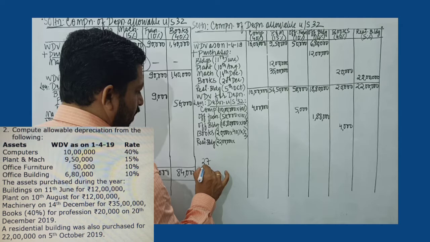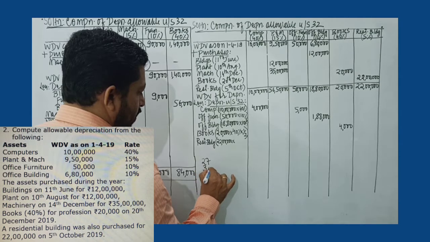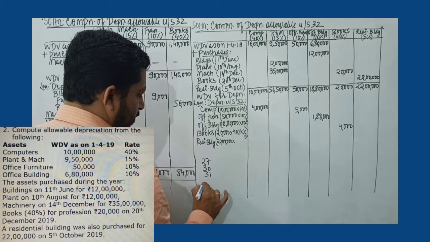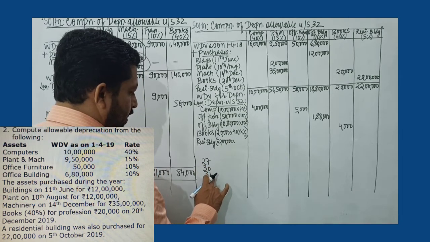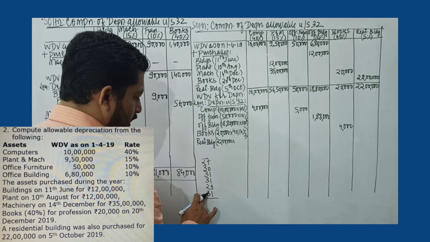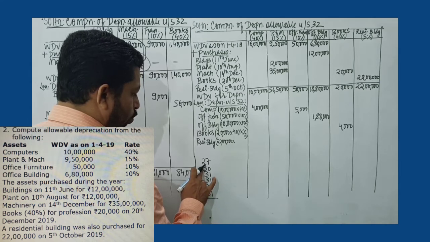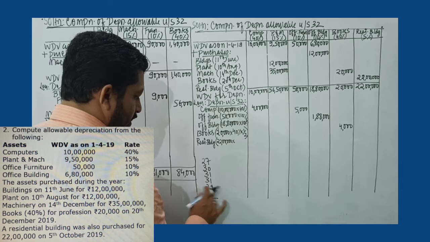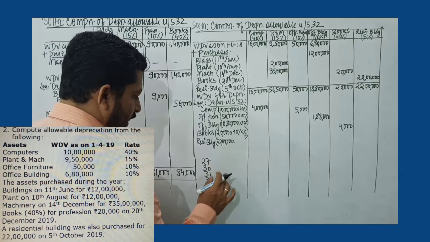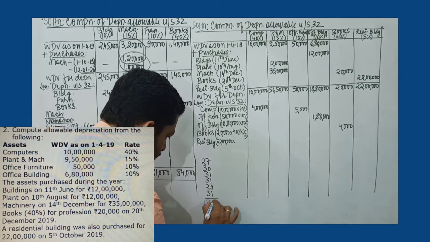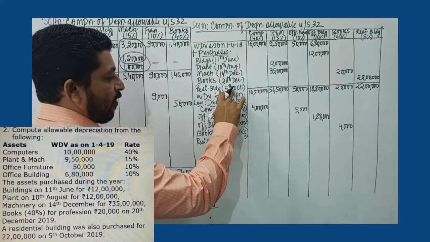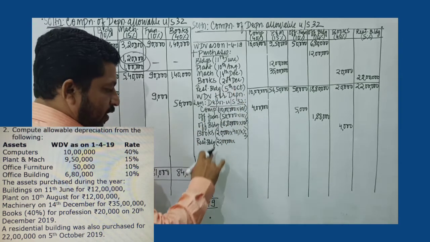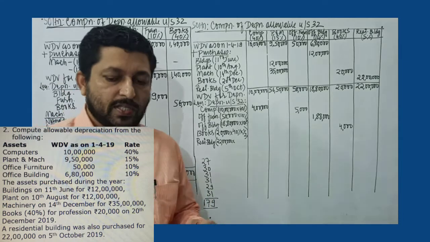Then we take 30 days of November, 31 days of December, 31 days of January, 29 days of February and 31 days of March. So October, November, December, January, February, March. 30, 60, 90, 120, 140, 160, 170, 179. So if I total this, number of days is 179 days. So once again, we don't take 5th of October. 5th of October is included in the date of purchase and putting to use.